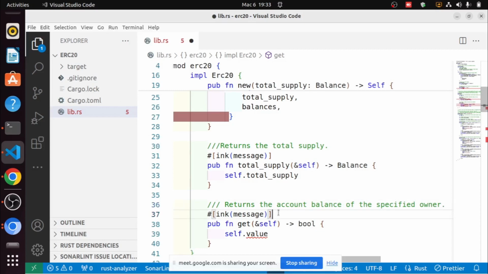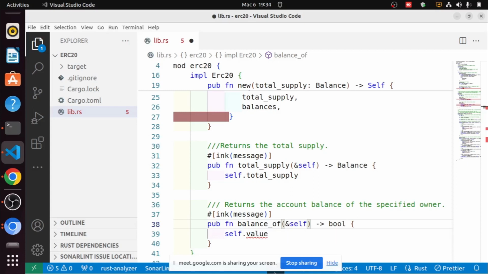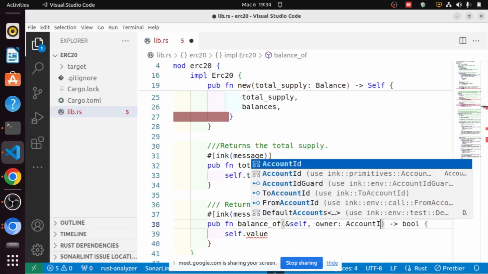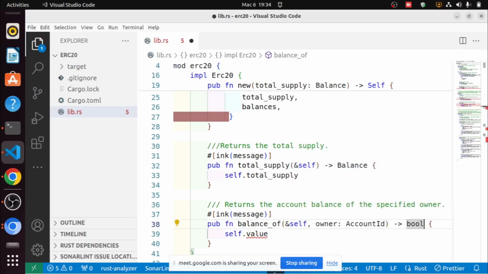Here I think we are going to have balance of. We are returning a type of balance, not a bool, because